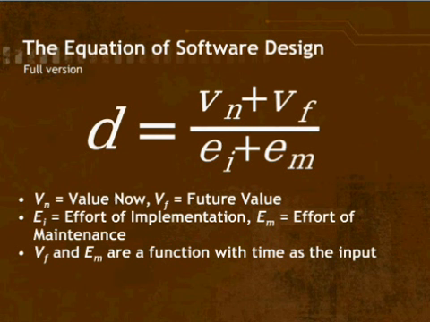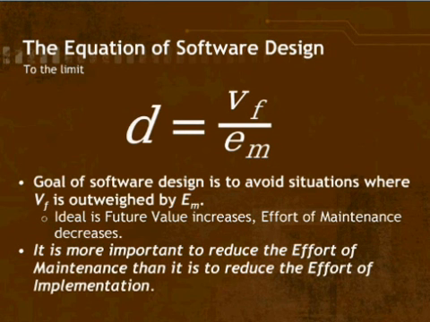Now, anybody who has taken calculus or studied limit equations might recognize that the value now and the effort of implementation are effectively constants, and the value in the future and the effort of maintenance are functions of time. So as time goes to infinity, the constants drop away in most situations, not in all situations, but in most situations. The constants drop away, and we are left with this as the limit of the equation, which is that